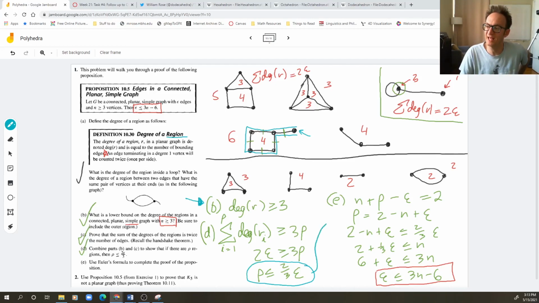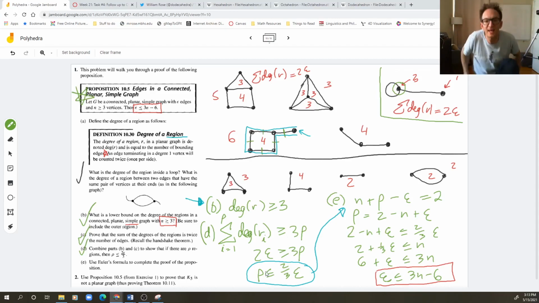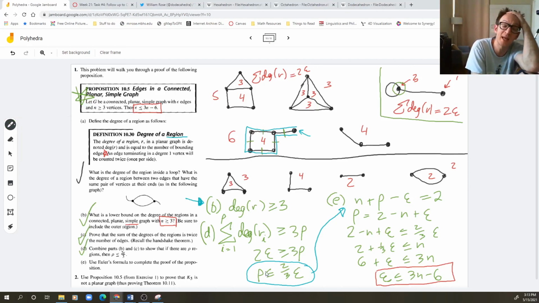And plugging that into Euler's polyhedra formula and doing a little bit of algebraic manipulation, I now have a fact. So this was the proof of this proposition. What can this be used for? Well, the immediate great thing that we can do with this is prove that K5 is not planar. Why? Because K5 just has too many